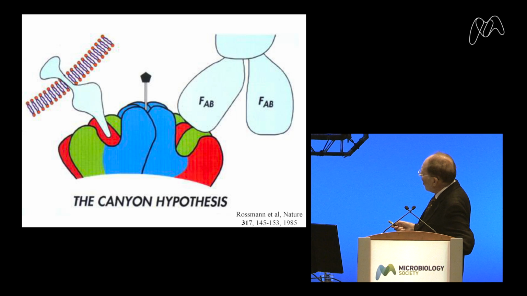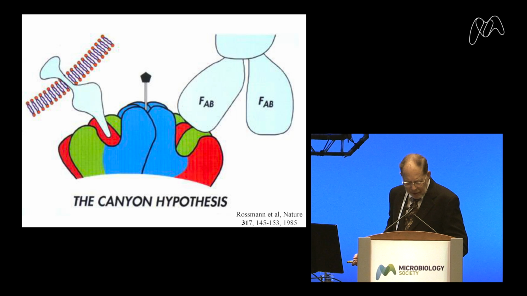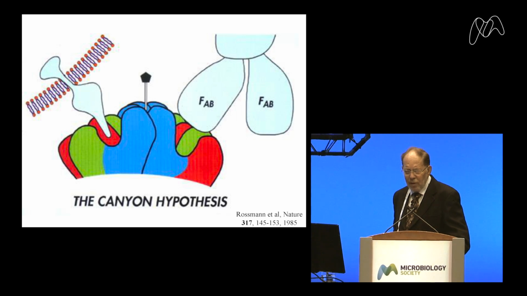The places where the virus was changing most was where it was binding the neutralizing antibodies, and this is the antigen binding fragment of the antibody. And so this was a prediction which can be called the canyon hypothesis, which might be applicable in other cases as well. And we then were able to confirm this using, for the first time, electron microscopy.